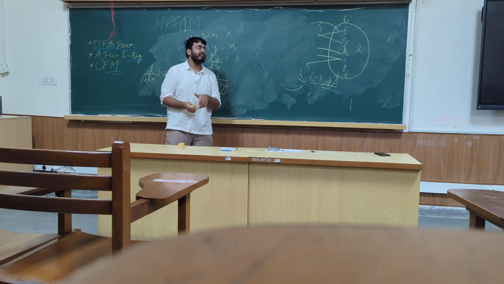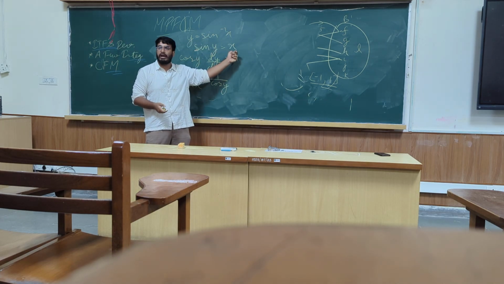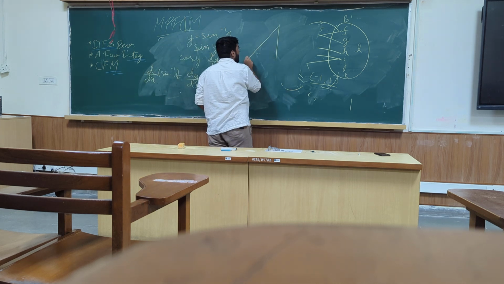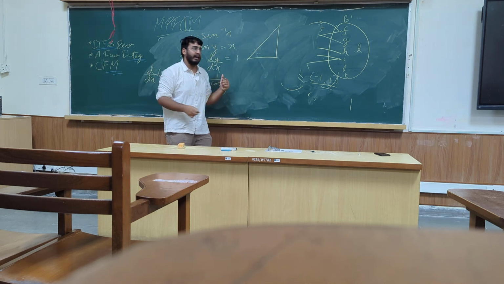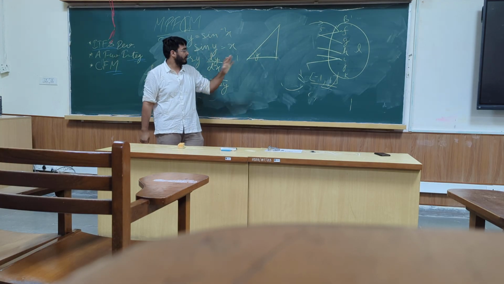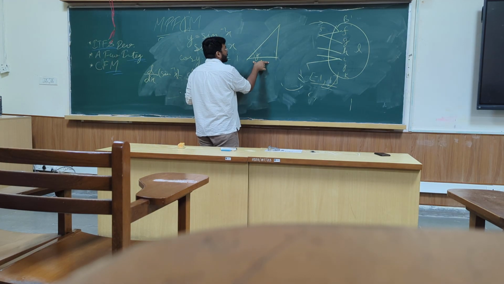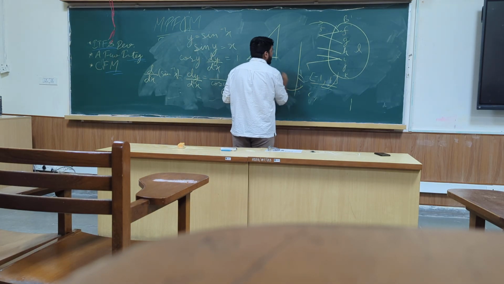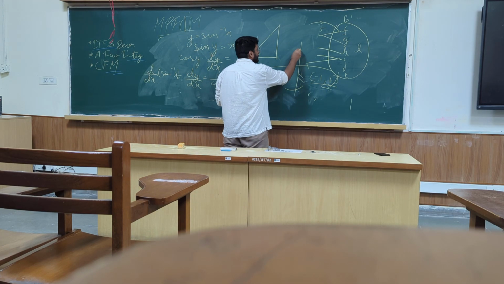The information we have here is sine y is equal to x. So I'll give you an easy method out. I consider a right angle triangle. I consider this to be my angle y. So if I consider my hypotenuse to be 1, because if you remember, we define trigonometric functions in that we